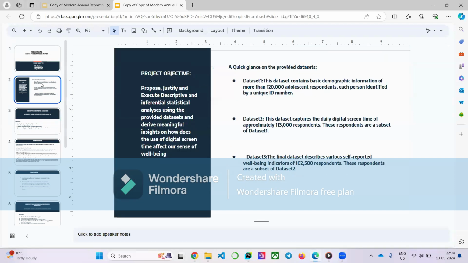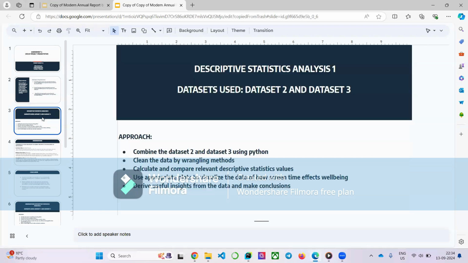So the objective of the assessment is to derive meaningful insight from the given datasets on how digital screen time affects well-being. We are provided with three datasets. For the first part of the assessment, I'll be doing the descriptive statistics analysis using datasets 2 and 3. We'll combine the datasets, wrangle and clean the data, calculate and compare different relevant statistical measures